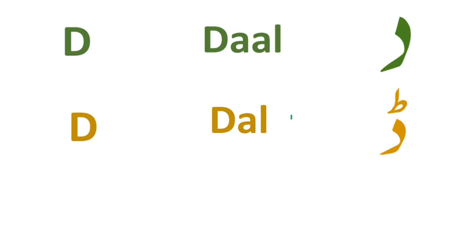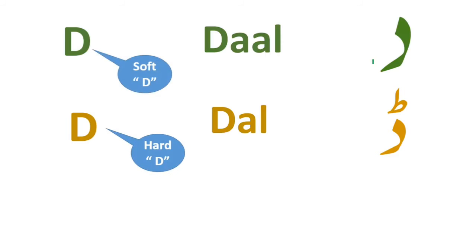Next we have the Dal family. Dal is a soft D. Another Dal is a hard D, and like in English it sounds from the tip of the tongue, like the D in America. The soft dal actually comes from the Arabic language. This Dal is like D in English, like we use for doctor.